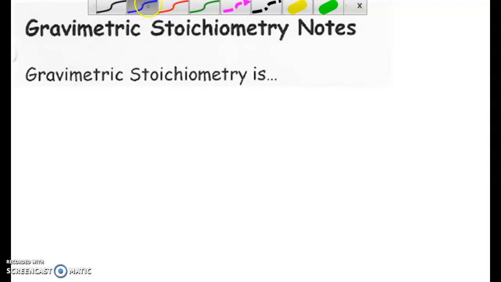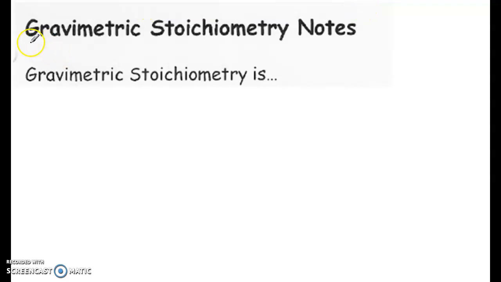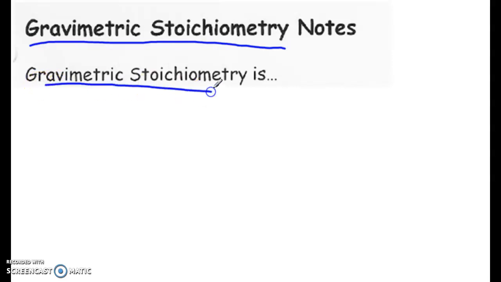All right, so gravimetric stoichiometry is essentially the goal for today. So we're going to take what we learned about mole ratios and begin incorporating it into calculating things from chemical equations. So essentially what gravimetric stoichiometry is, is a way to determine